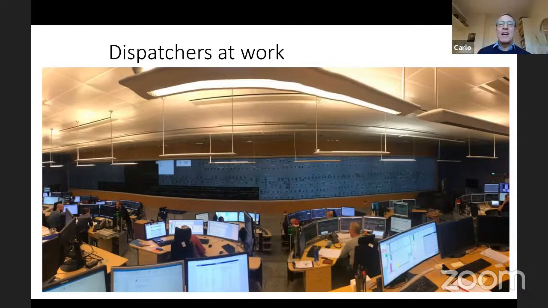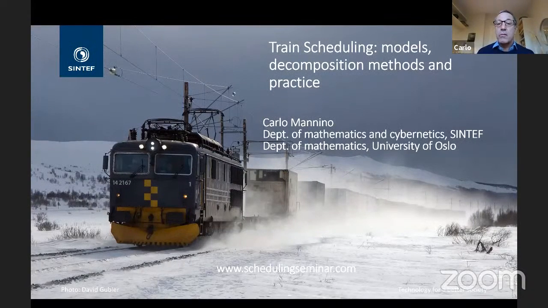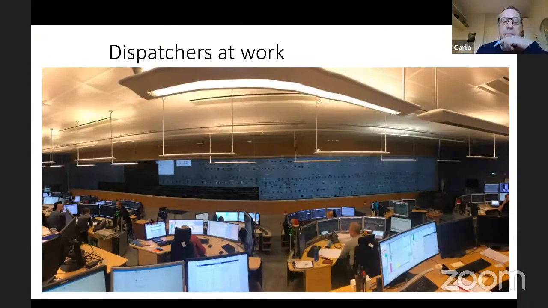Thank you very much for the nice introduction and also for inviting me to this talk. So it will be practical, so I will describe some applications, but at the very end, because before the application, there is a theory which is necessary if you want to solve complicated applications. So this is basically also the message of my talk, which is about train scheduling, by the way: models, decomposition methods, and practice. In this picture, you see the control center for trains running in the Greater Oslo